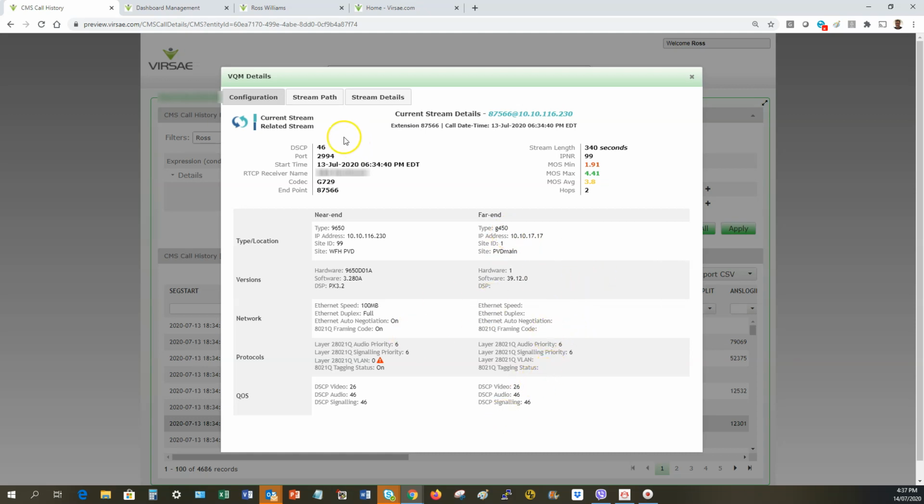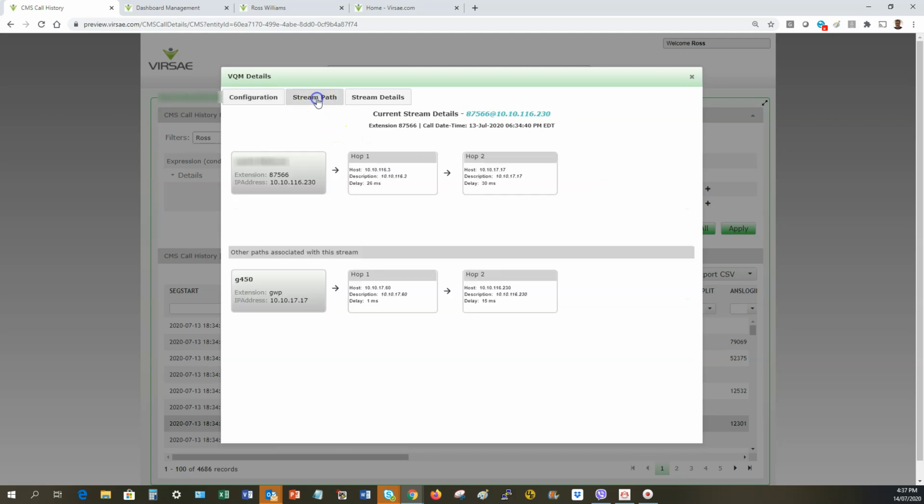So we hop across now to the stream path. We can see how the call got, or the streams got, from the agent through to the G450 and from the G450 through to the agent. So the two halves, the two streams that make up a call. And this is a good example of how the paths through the network can be quite different. So you can see there